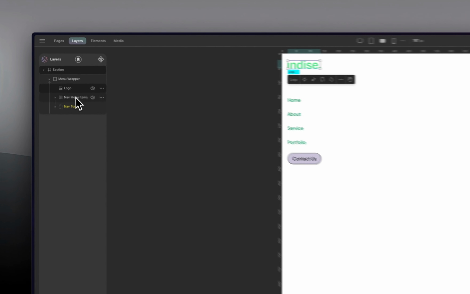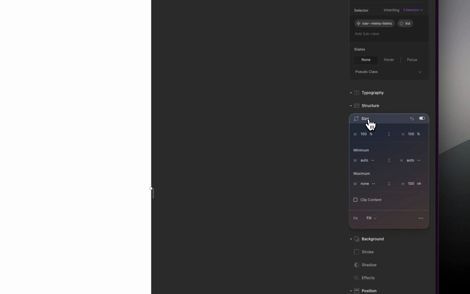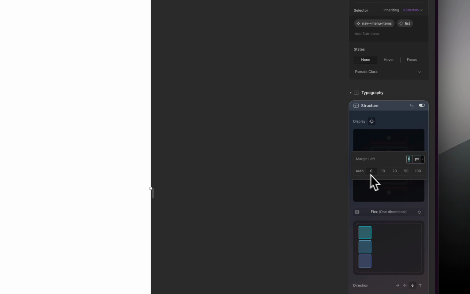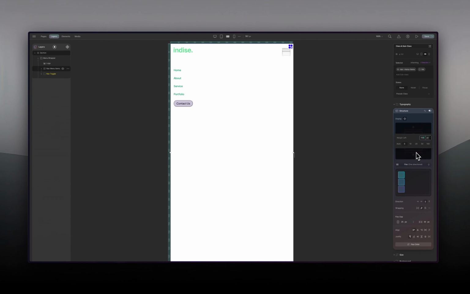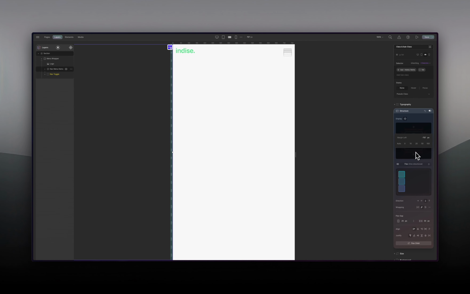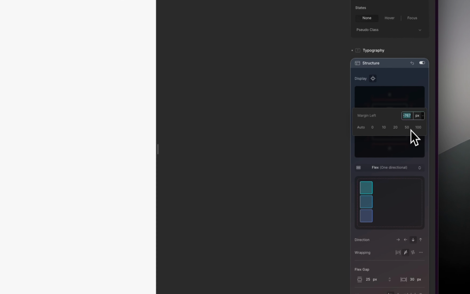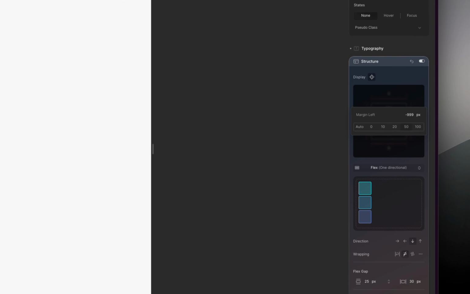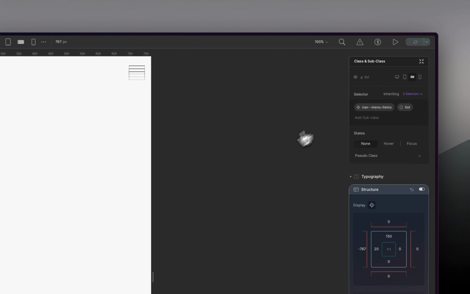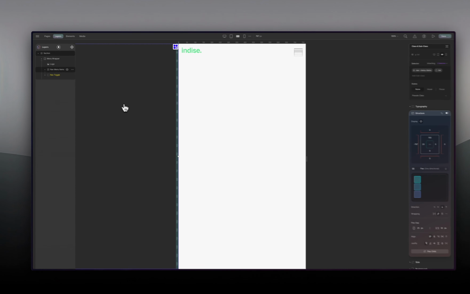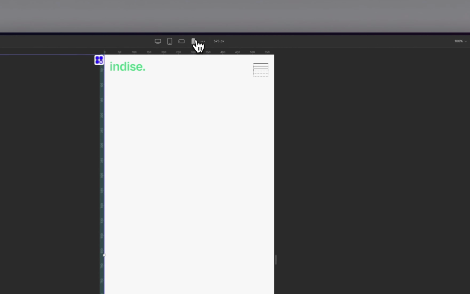So to do that, menu item, we're going to select that. Go into structure panel, right? Click on here, -100%, so it goes out of frame. -100% goes out of frame. I don't know why it went that way. Percent, into pixels. All right, so that is done. Okay, so that is cool.